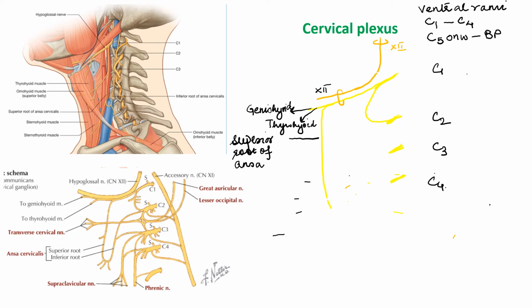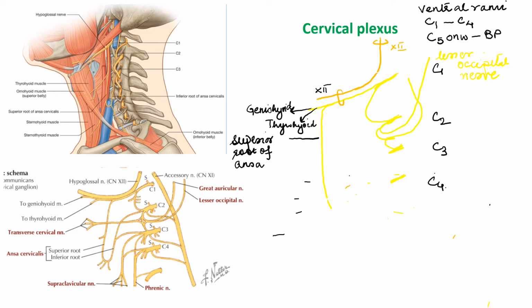Right? Now, some fibers from C2 move backwards and form the cutaneous nerve, the lesser occipital nerve, which goes on to supply the posterior aspect of the nape of the neck as well as the posterior inferior aspect of the scalp. Fibers from C2 join with some fibers of C3 and together